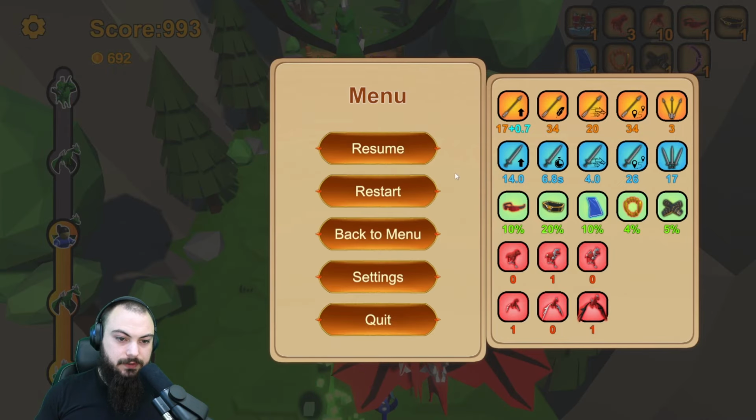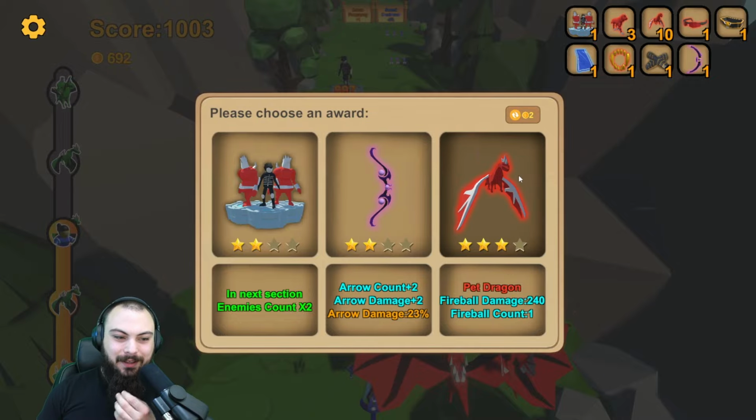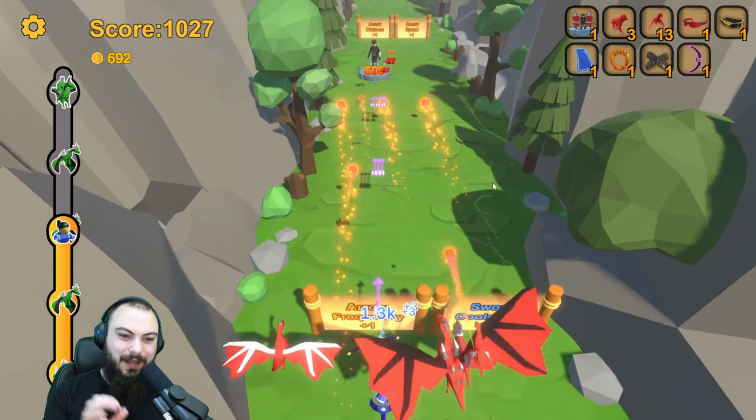Hello? Oh, settings are stuck. All right. Well, there goes the first dragon boss to fight. Oh my goodness. Oh no, we already fought a dragon boss. So, I guess? I don't know, maybe the run's going way too hard, but